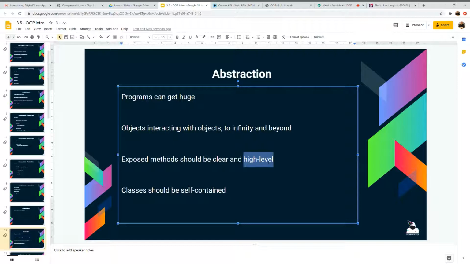So high and low level in programming terms: high level means readable to humans, and low level means readable to computers. The lowest level would be like machine code, and the highest level would be something like JavaScript or Ruby that's designed specifically to be very readable and friendly. So